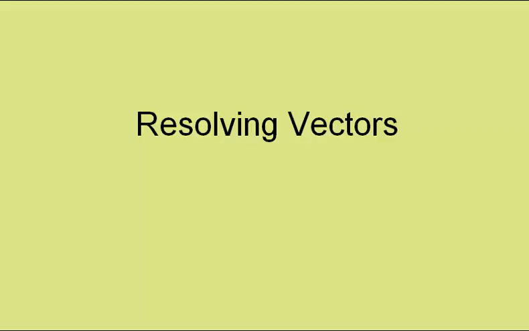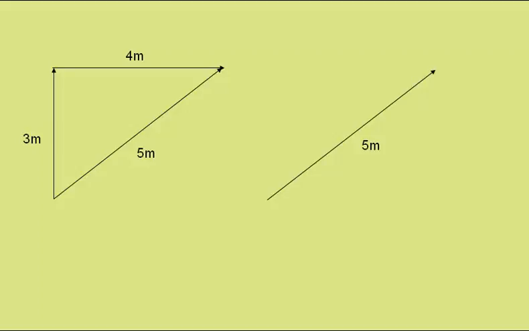Resolving vectors. If we have a 3-meter displacement vector in this direction, followed by a 4-meter displacement vector in this direction, we can find the resultant using Pythagoras as a 5-meter displacement vector in this direction. We could find the angles involved using sine, cosine and tangent. Often we want to do the reverse process of finding the vectors in two perpendicular directions of this, say, 5-meter